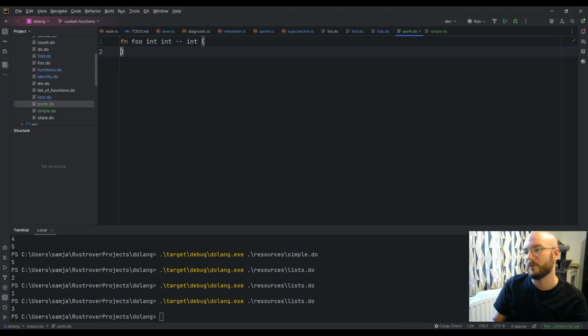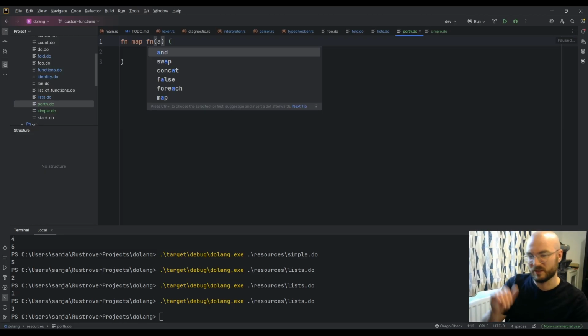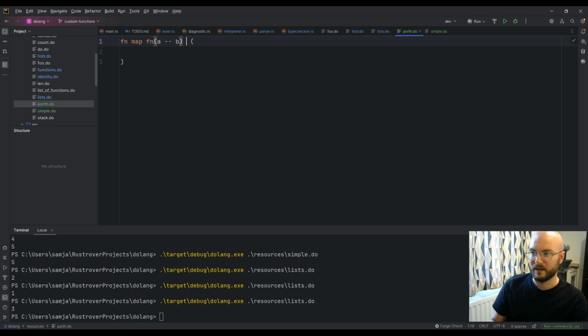And so I started with this idea of, this would be how I define the functions, and because I have blocks, I thought it would be more coherent with the language if you define your function inside these, because that's how you do anonymous functions. And then I got thinking about, well, what if you were to implement map, hypothetically, what would the signature look like? And so the first thing you would have to pop is a function of, let's just use lowercase for generics, a to b, and then a list of a, and that returns you a list of b.